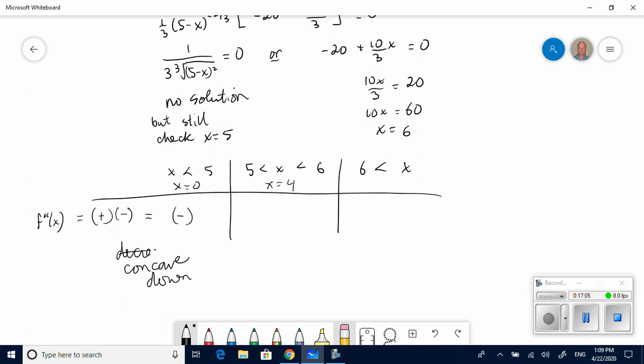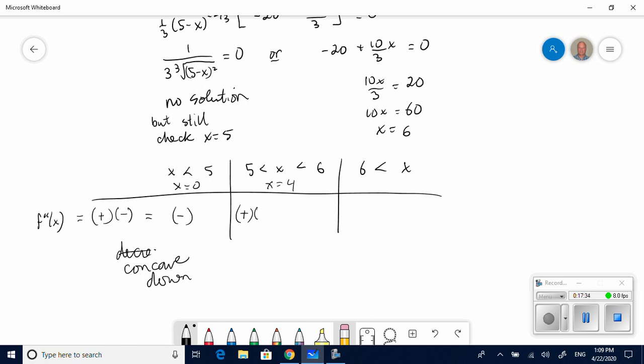Be somewhere, some point between 5 and 6. Well, if I put a 4 in here, so 5 minus 4 is 1, squared is positive, third root is positive, it's always going to be positive. If I put 4 in here, I'm going to have 40 over 3, plus negative 20, that will be a negative result, so I still have